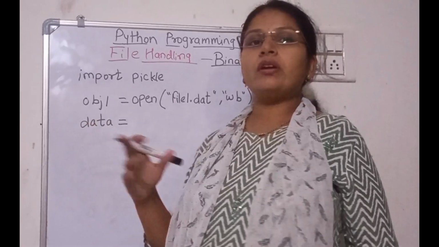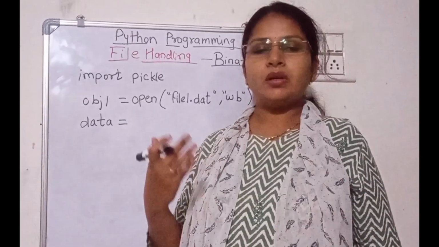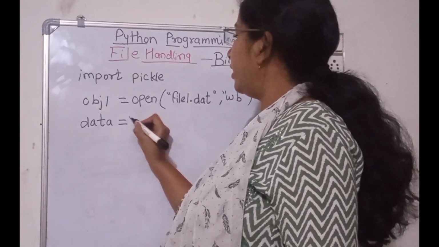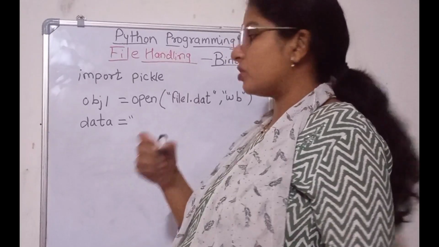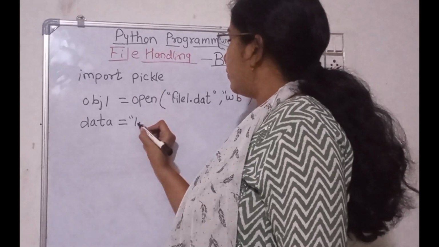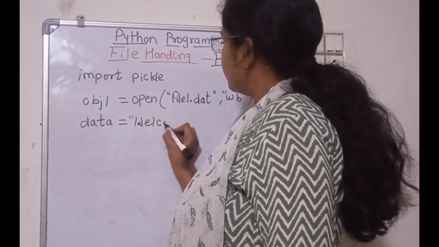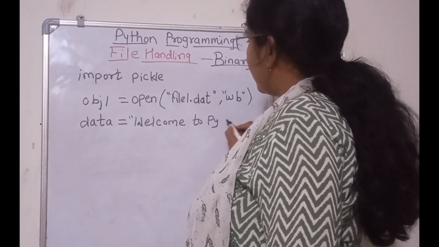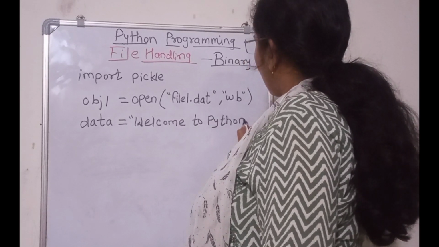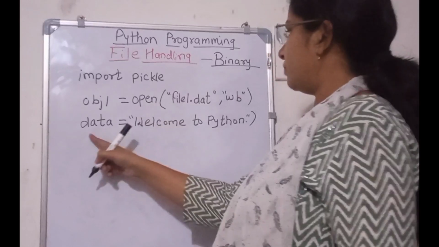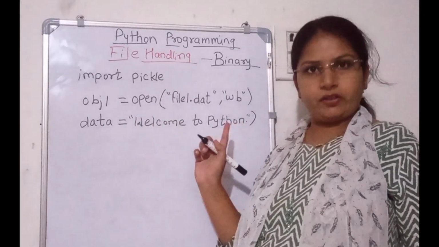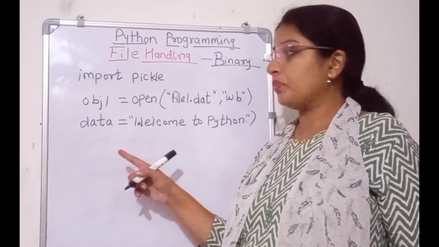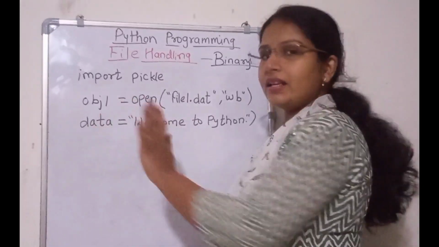So data is your data object. You can name this string anything you want. Now here my first line is welcome to Python. Now this is one normal text. Data is equal to welcome to Python. For Python it is a string. ये एक string है. What I need to do, my data is ready.